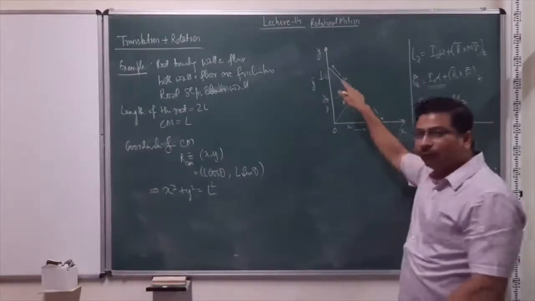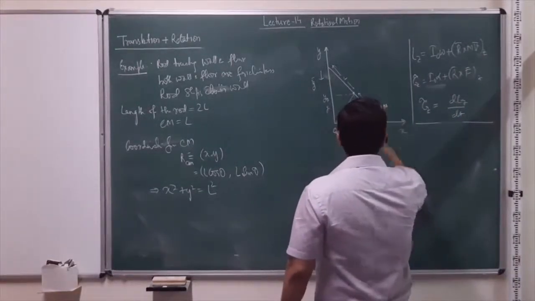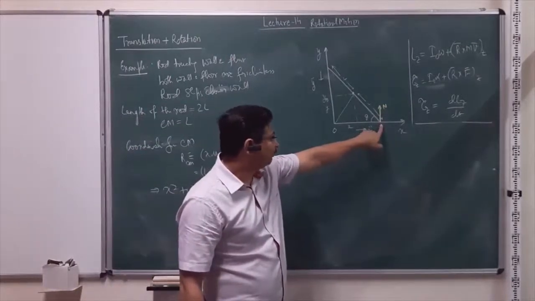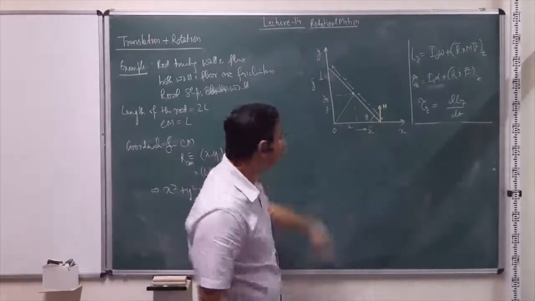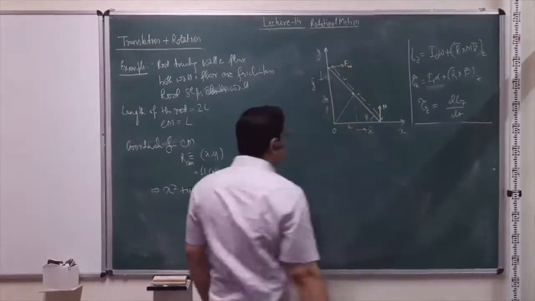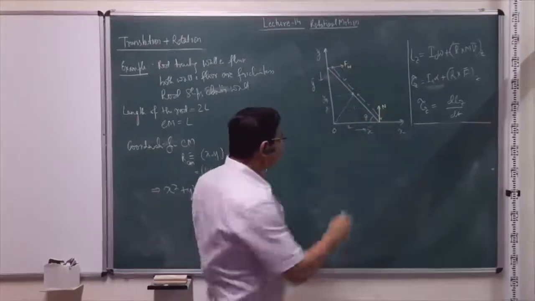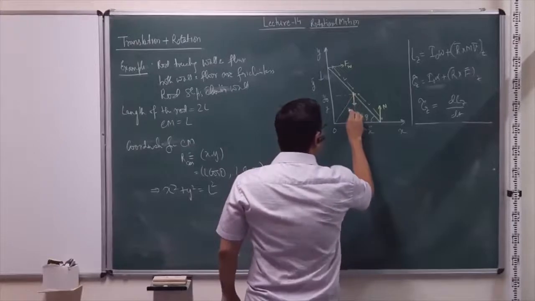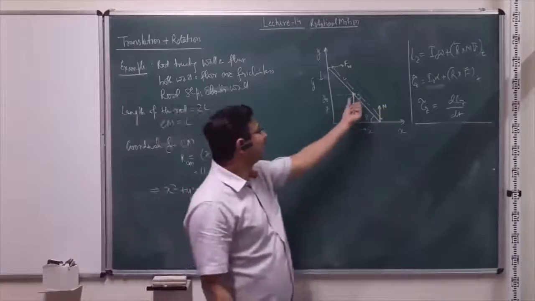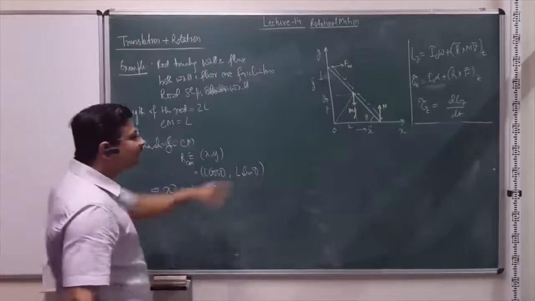So since the wall and the floor both are frictionless, the forces on the system are basically the normal reaction, because one end of the rod is making contact with the floor. Another force is the normal reaction from the wall. So I'll write it as Fw just to differentiate it from this normal reaction. So the reaction of the wall, and finally the mg, or the gravitational force, which is acting as if on the center of mass, at the location of the center of mass. So then these are the forces, right?